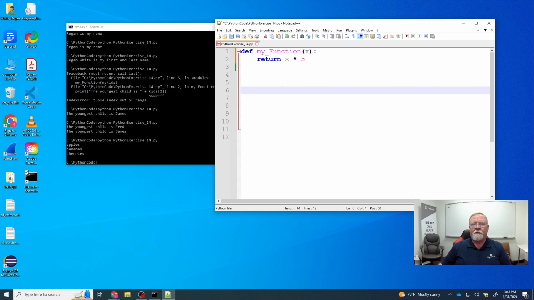So what we're going to do is we're going to pass in an integer. Our function is going to multiply that times 5, and it's going to return it to where we called the function, but it's not going to do anything to it. So we need to print. And so